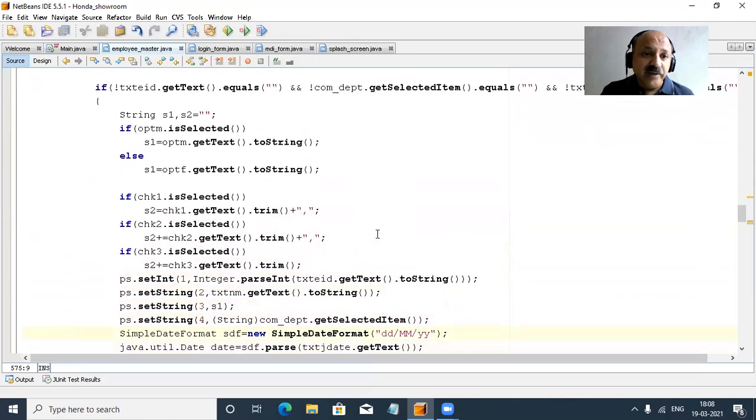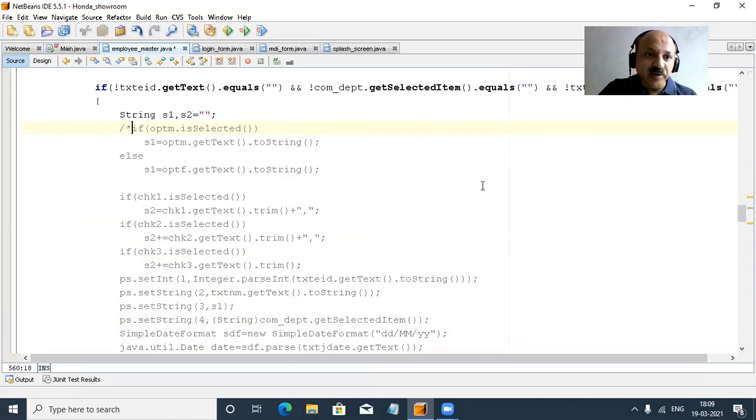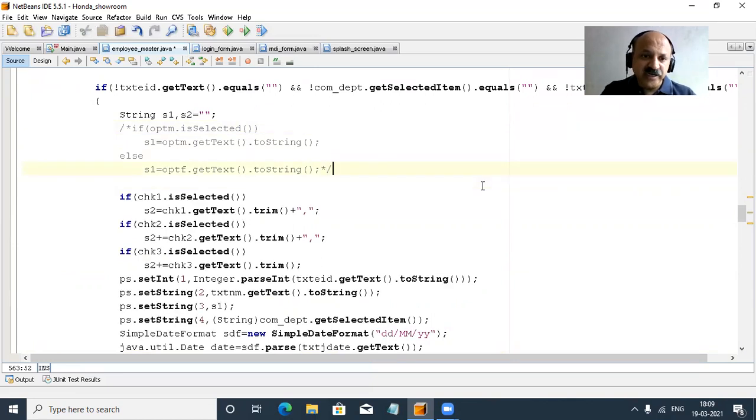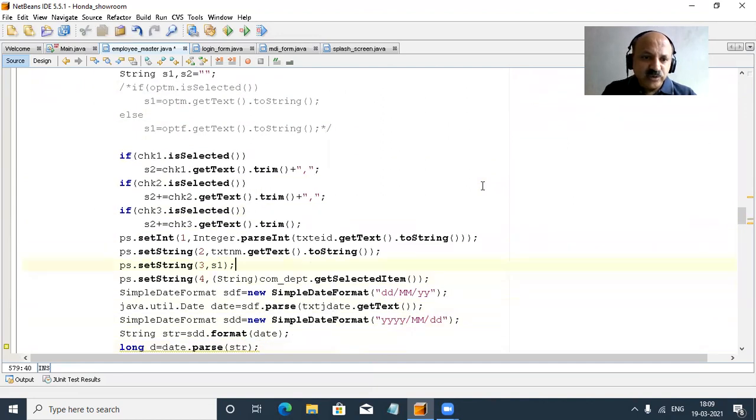Yes, you can apply it like here, that is male or female. Here is the if condition, but you can also use a comment line and write what to do. So here we can use a short technique. Which short technique? That is our second way. So not second but third. Yes, here you can also directly use the ternary conditional operator. How? Which way? So yes, if male is selected, then we can apply it in the coding.